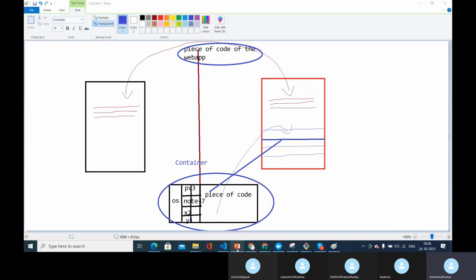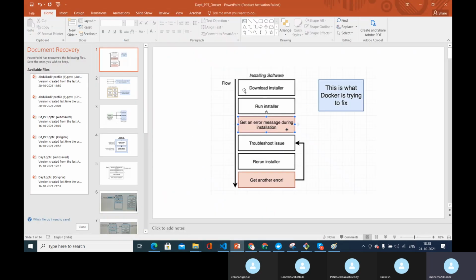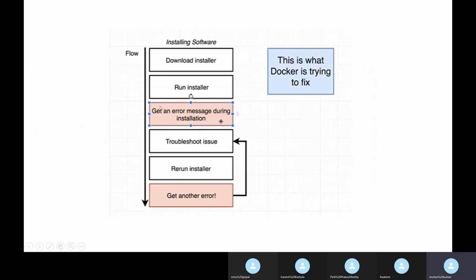And I was asking you guys, have you ever seen such kinds of issues in your system? Let's say I have two members in my team who are trying to install a particular software, let's call it Git. When we download the Git software, we will have git.exe, which both team members were trying to install. Let's say it has some X and Y dependencies.